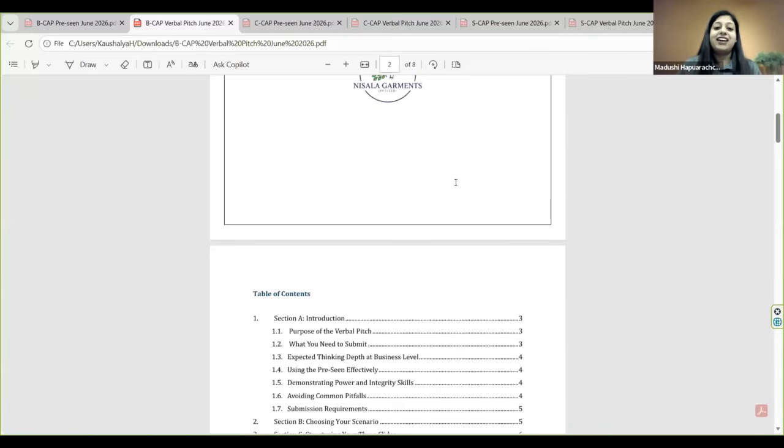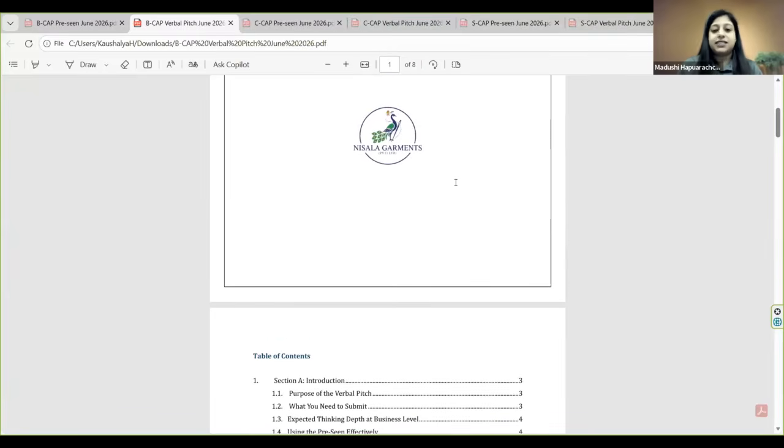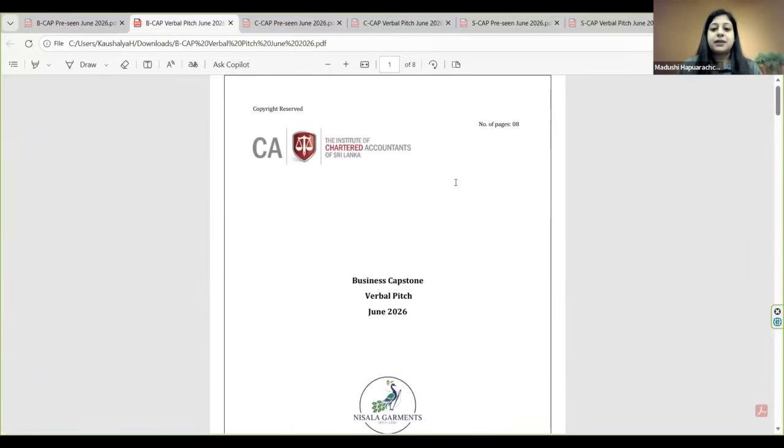So you have to survive in this industry to compete with all the professionals and be the business leaders and the torch bearers of this profession. So at the strategic level, definitely the higher level of expectation is there for the strategic capstone. So please go through the pilot papers and the pilot paper answers, and the model which we expect you to cover, and the study material you need to refer.